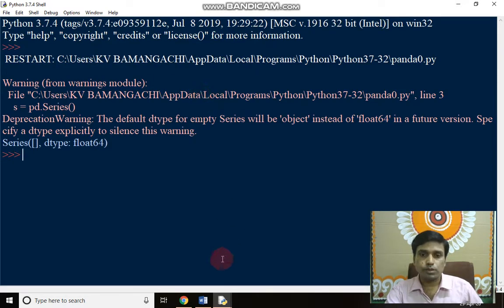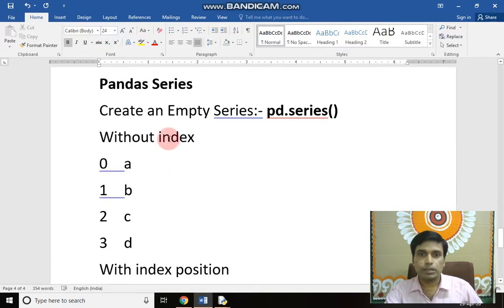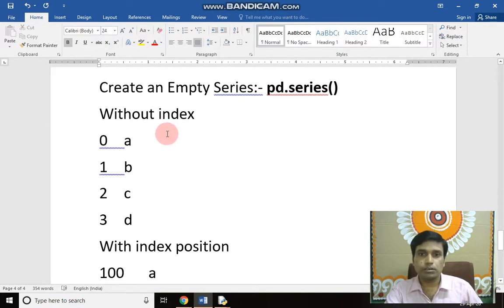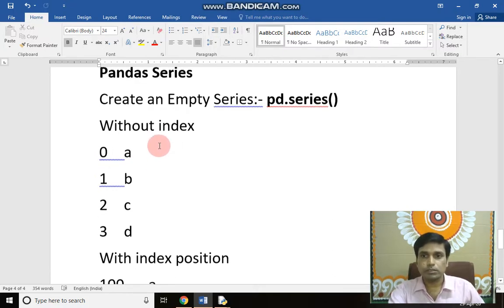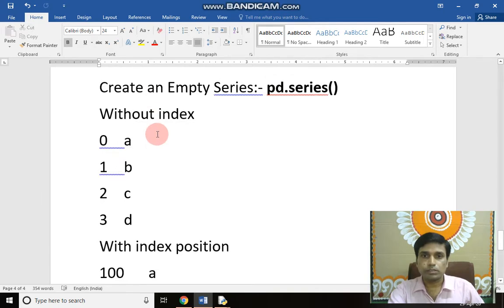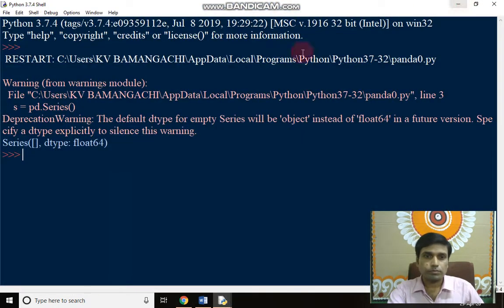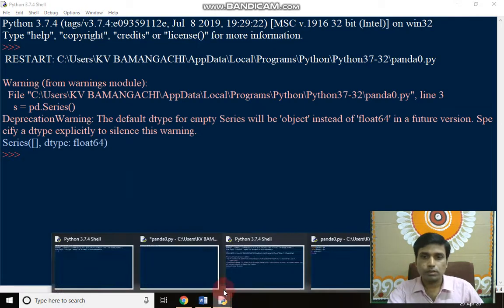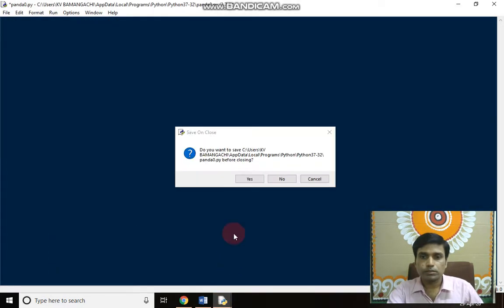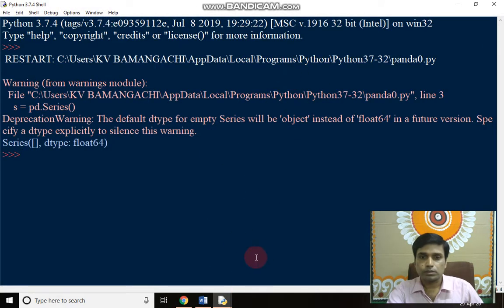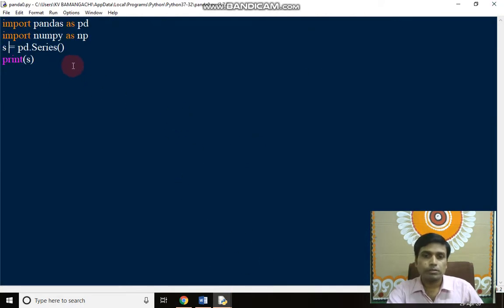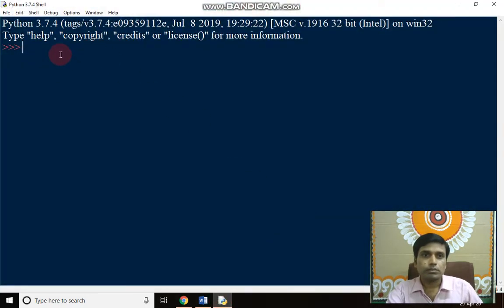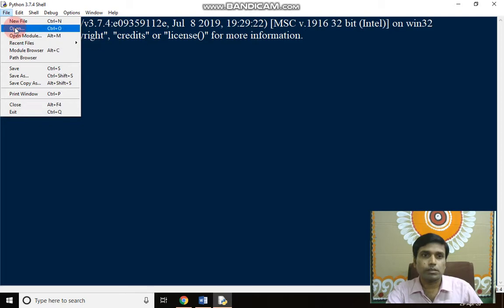Now we come to another program: create a Series with index and without index. How to create a Series without index? I'm running another program. We have imported pandas as pd, import numpy as np. Now create another list.